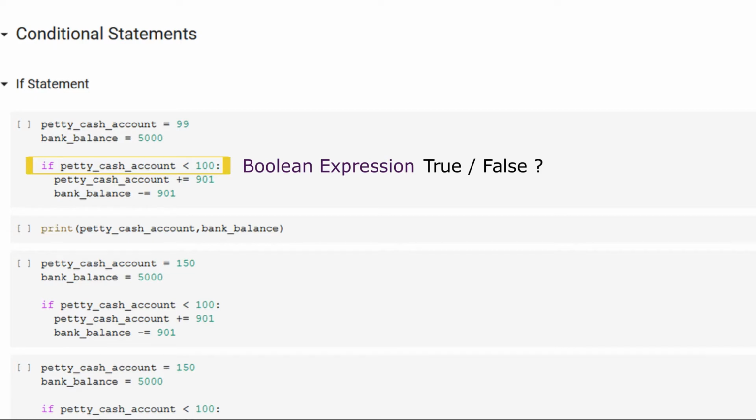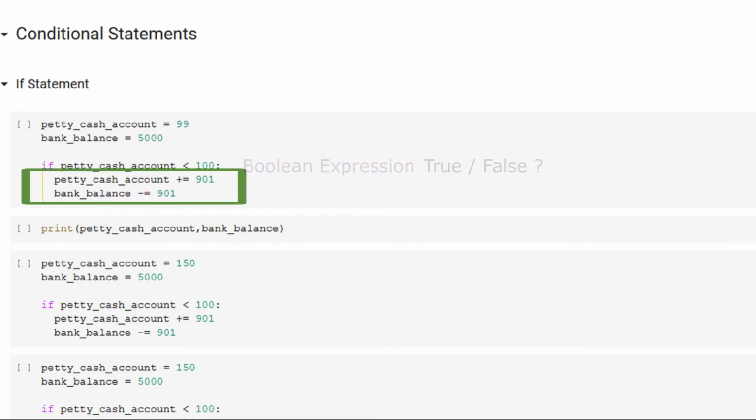If the condition is true, the next indented block of code is executed. Here, the lines that increment the petty cash fund and decrement the bank balance only execute if it is true that the petty cash account is less than $100. If not, the code in this if block is simply skipped.